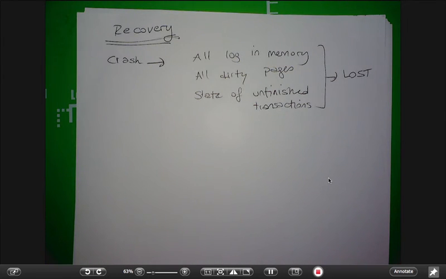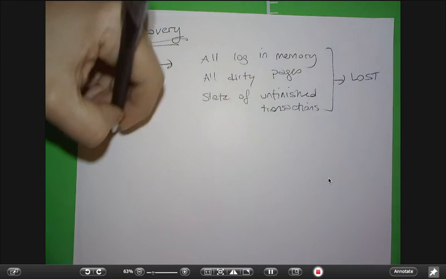So I basically have a complete amnesia of what was happening. I've lost all of the state. The only thing that I know is what is on disk. So I'm going to now retrace my steps by looking at what was recorded on disk and then start recovery from that. Basically, the idea is that I have to go back to disk,